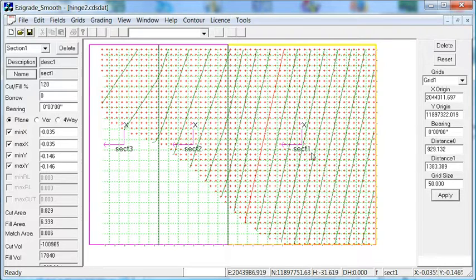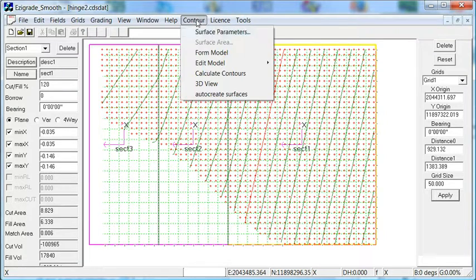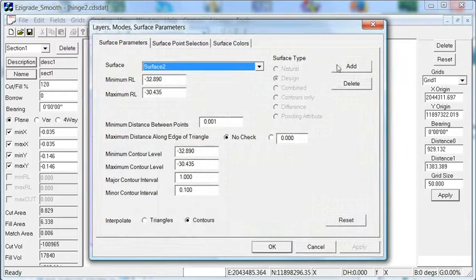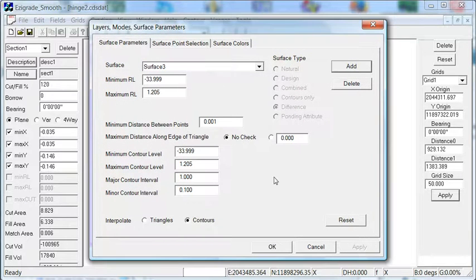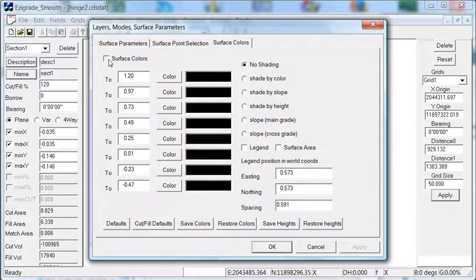If you move the cursor around, you'll see they change from different sections. If you want to have a look at the cut fill map, contour, surface parameters, add a different surface, hit the reset button. That doesn't look right. Now click on surface colors, and we want to shade by height,